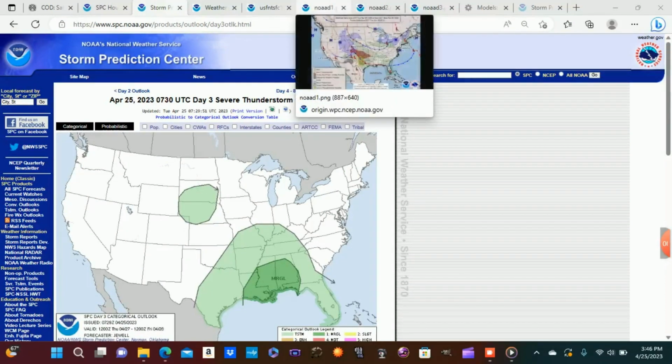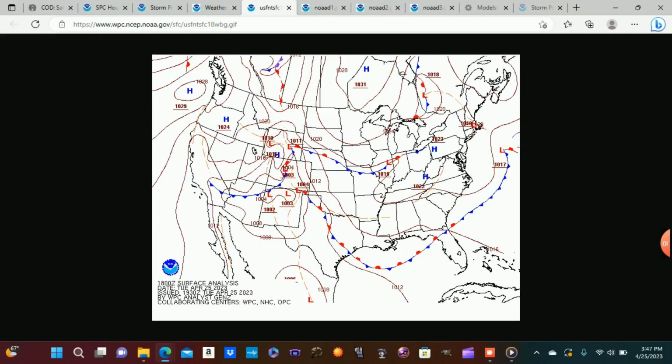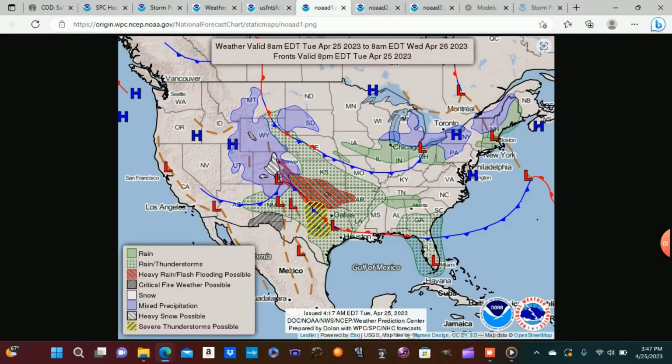And so next, we're going to go to our national charts. And we're going to start with the surface map for 1 p.m. today. And we have a cold front that is stalled over the Gulf of Mexico, and that's stretching into central Texas. This will lift back to the north as a warm front over the next few days. And then taking a look at tonight,